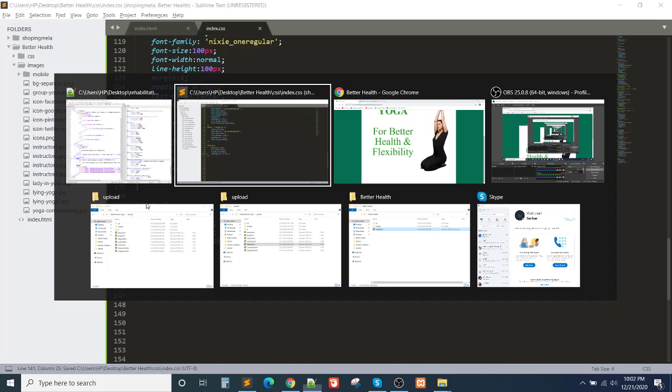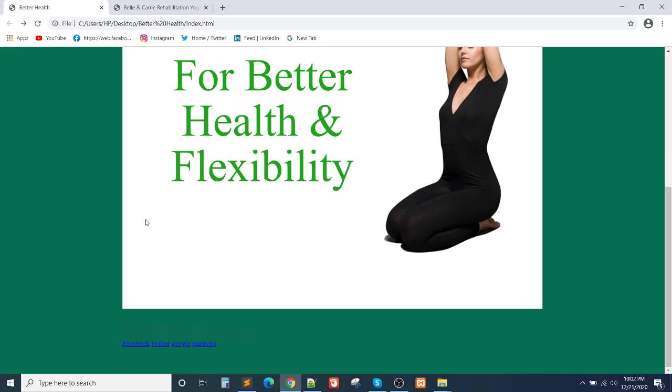The footer section is working perfectly,